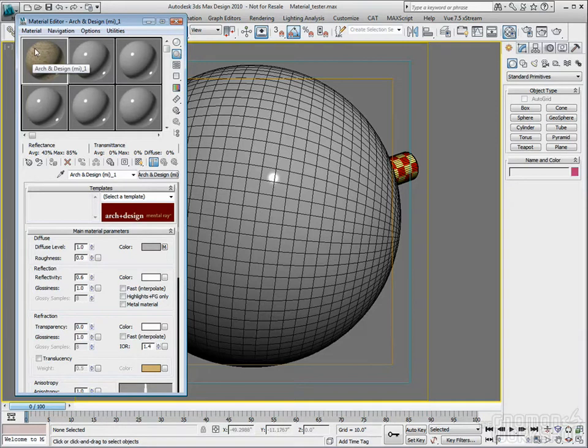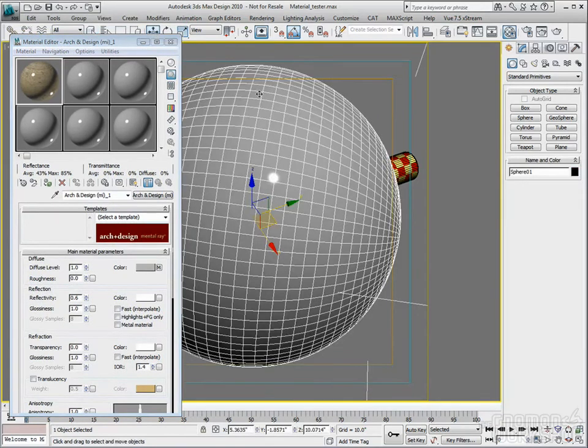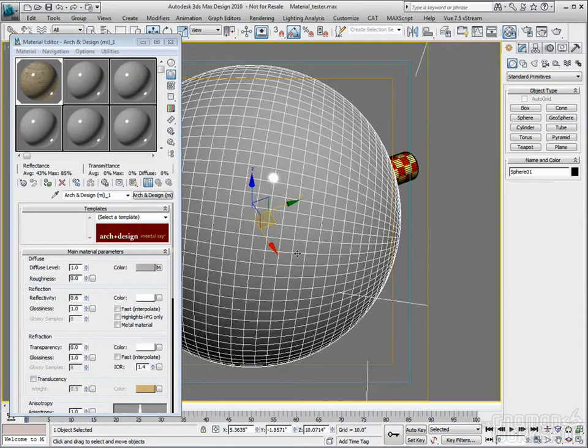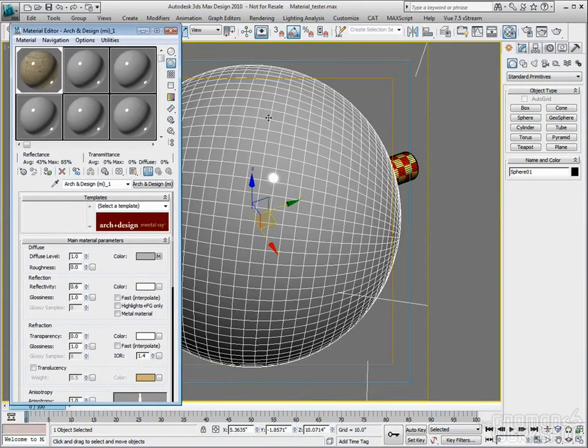If I go back, if you'll notice, it's still rather reflective. If I just copy this and cut, it really didn't change a lot as far as the specular goes here. And the reason for that is that the reflectivity value here is still working in conjunction with this map. So if I turn this off, the reflectivity off, you can see that even though I've assigned a black and white map here, I'm still able to control the amount of reflectivity